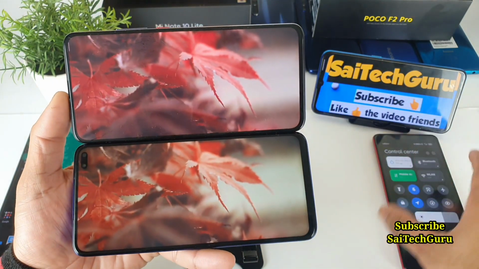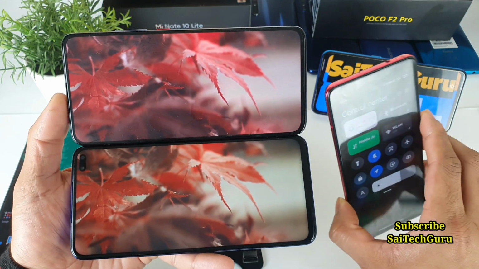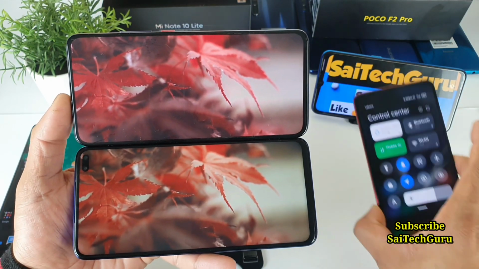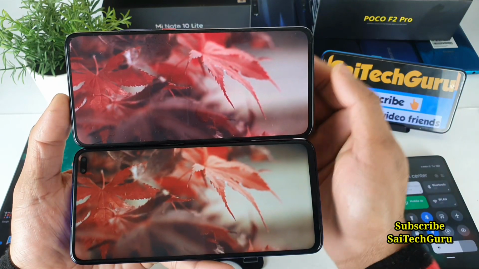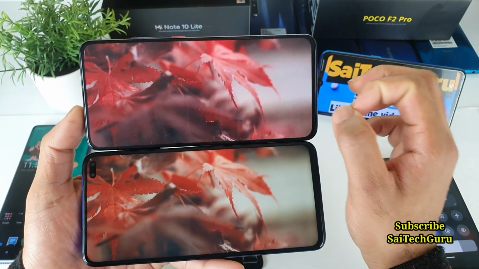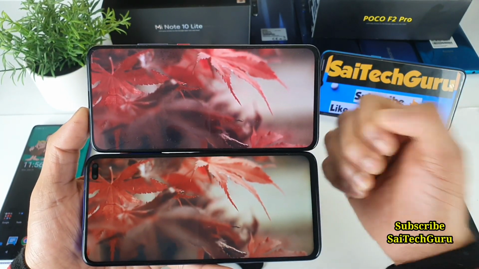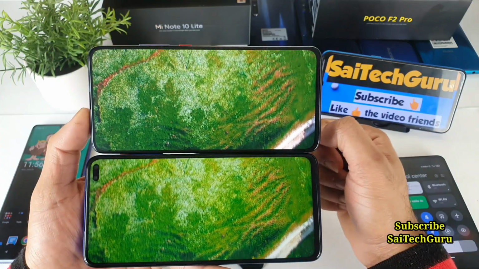Even in the MIUI 12 update, there is a video toolbox present in the Redmi K20 Pro. So you don't need to worry if you have the Redmi K20 Pro device. But overall, in terms of the display, the Poco F2 Pro is fantastic, looks pretty good, and has plenty of customization options to get very decent quality videos.